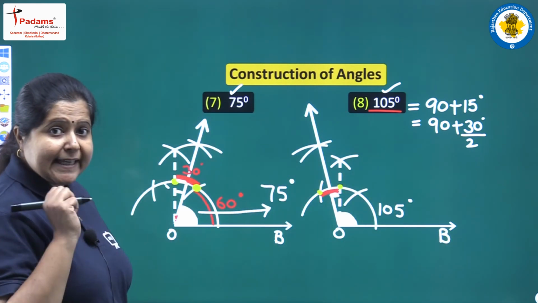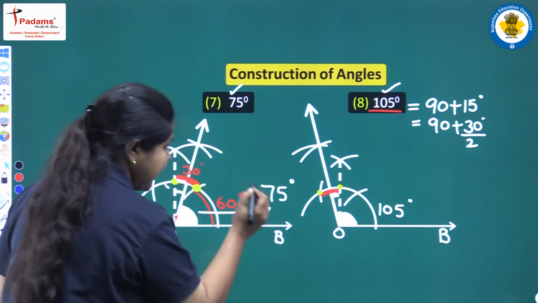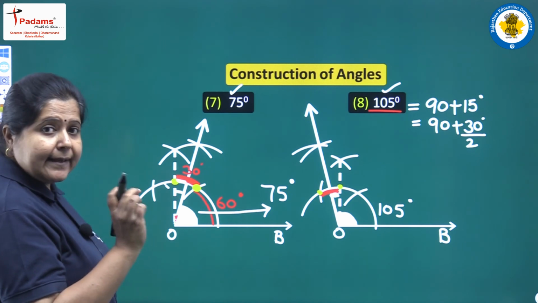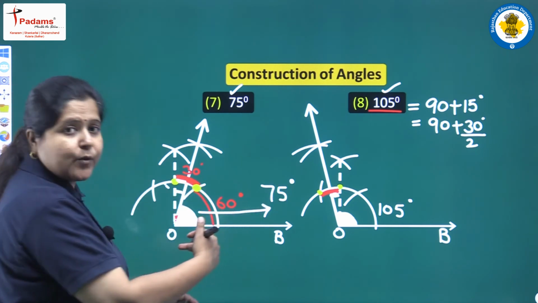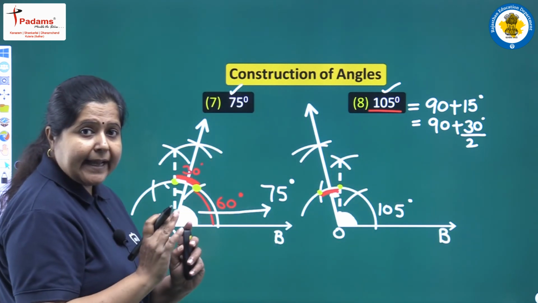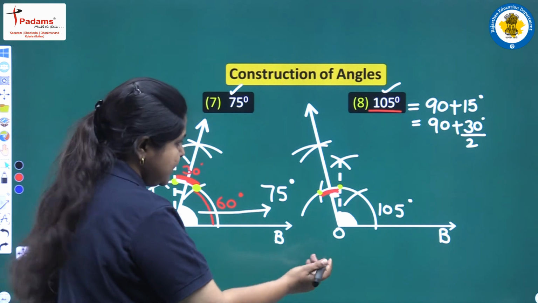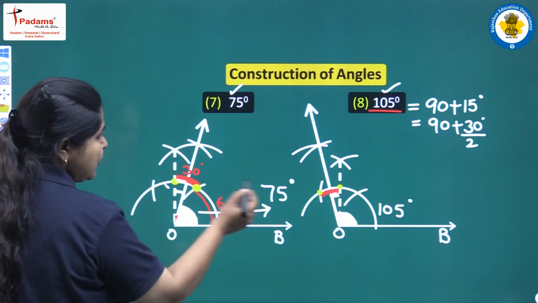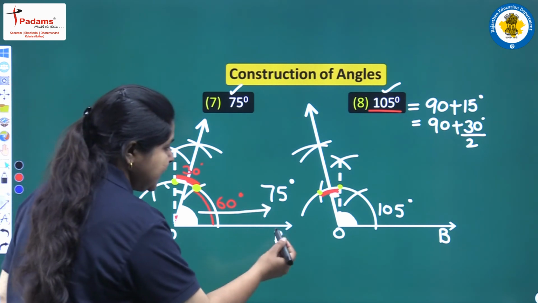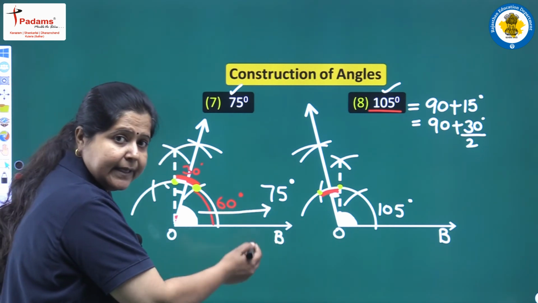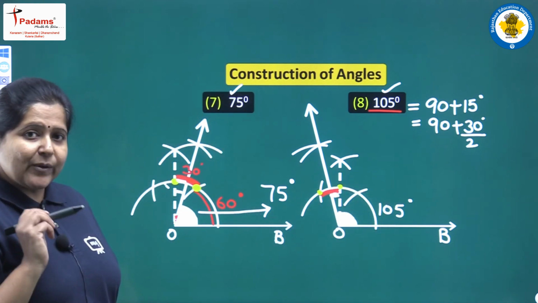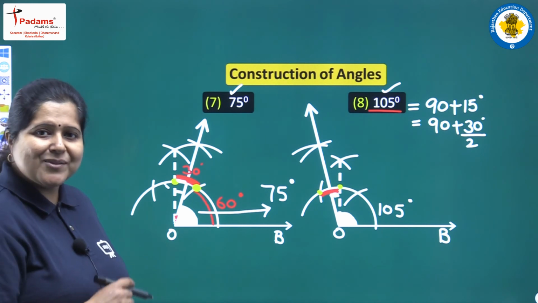So while constructing these same angles at point B, suppose this is O and this is B, if you are constructing an angle of 75 degree at B, then remember to bisect that 30 degree angle which is tilted towards this OB, and in this case bisect that 30 degree angle which is away from OB. So just pay attention at these yellow points also, and try to draw the angles at point B also. 75 degree angle at B and 105 degree angle at B. Try to make those angles also. You will find the difference between the 2 angles.